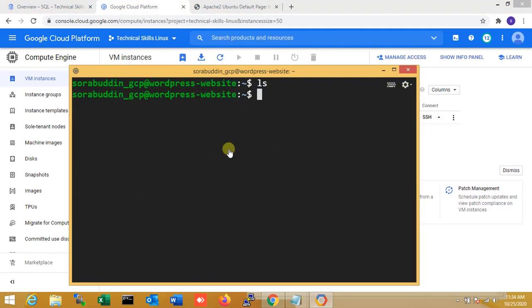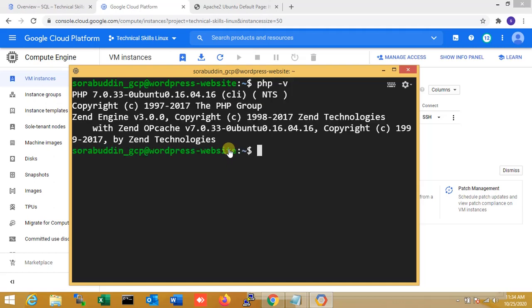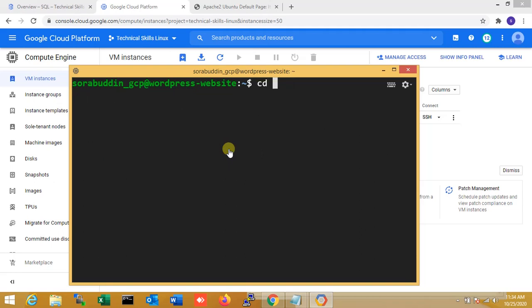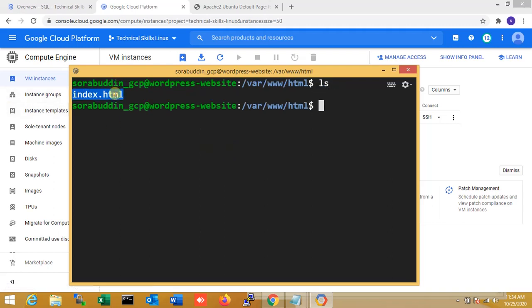You can see that is my WordPress instance, right? That I have already installed the PHP and the Apache. So I just check the PHP version. You can see PHP 7.2, right? And also set the Apache. Now I'm just going to the Apache root directory. So here you can see it's one file. You can see the index.html, but right now I'm just removing this file, index dot.